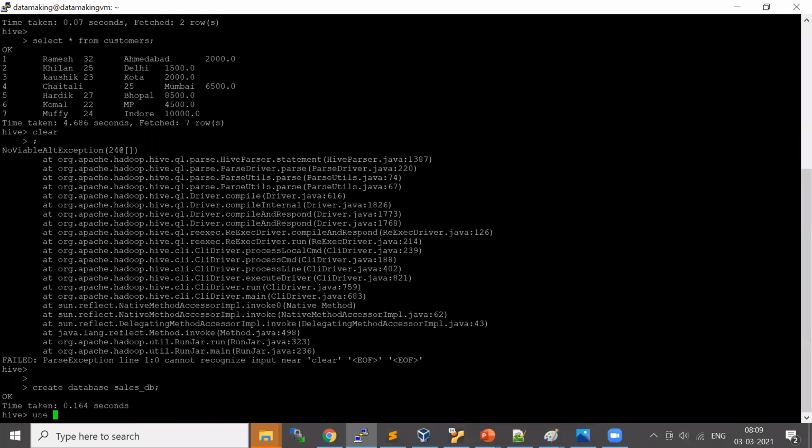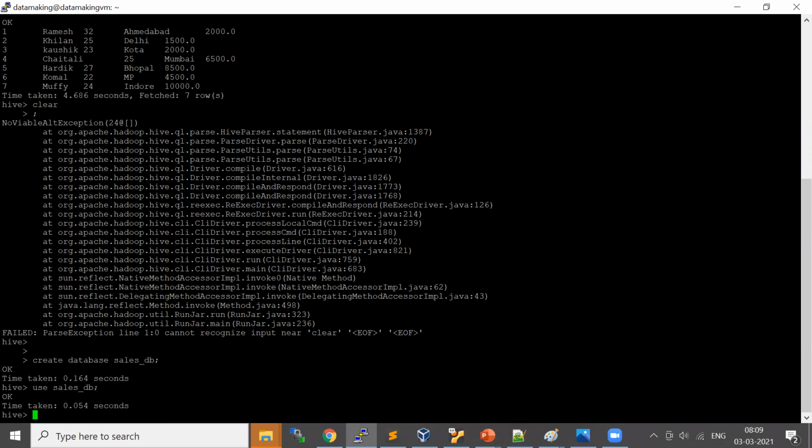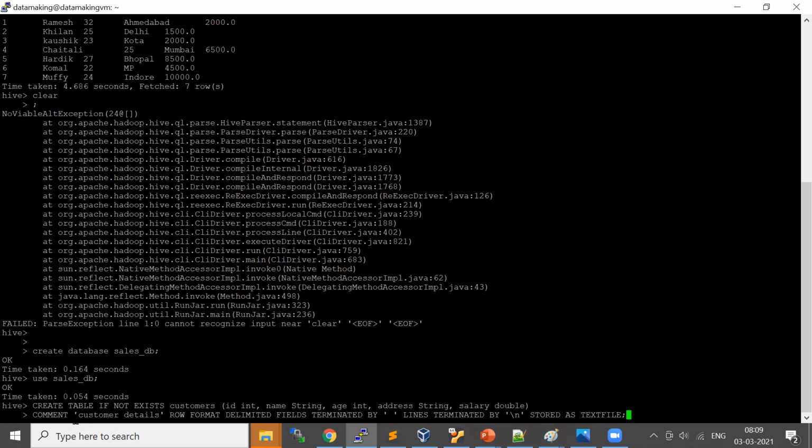And you need to use the use command to use the specific database, so that you connect to it, as you generally do on any database. Once you create a database, to connect to it you say use SalesDB. Now I connected to SalesDB. Now I'll run this query, so I'm creating a customer table with these properties.